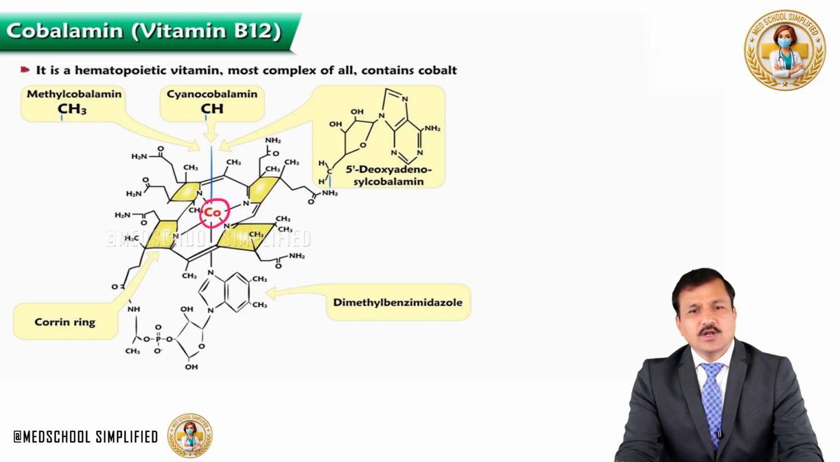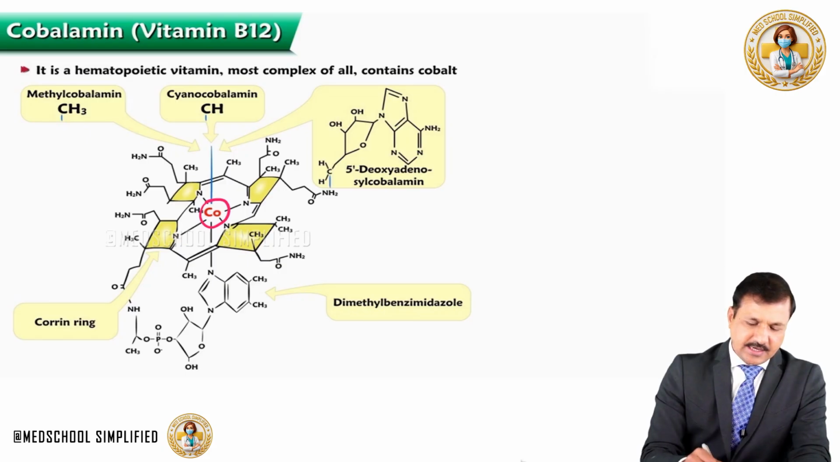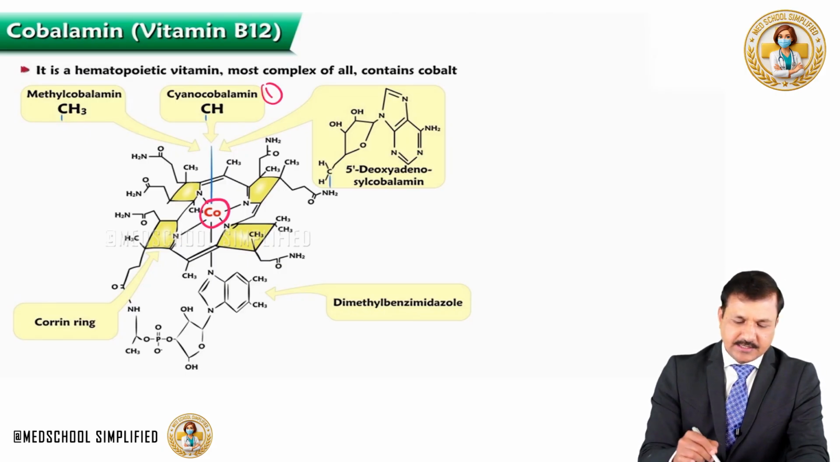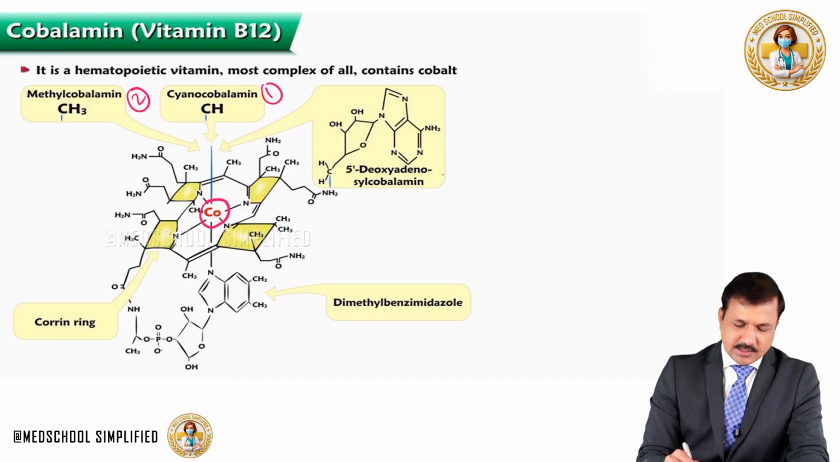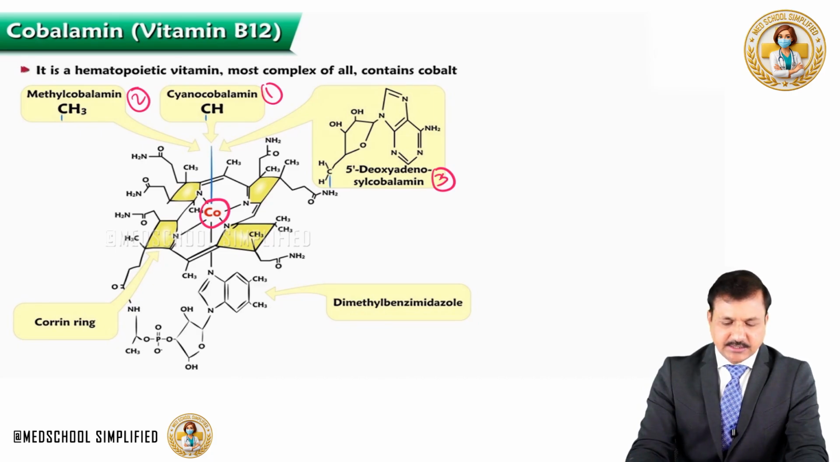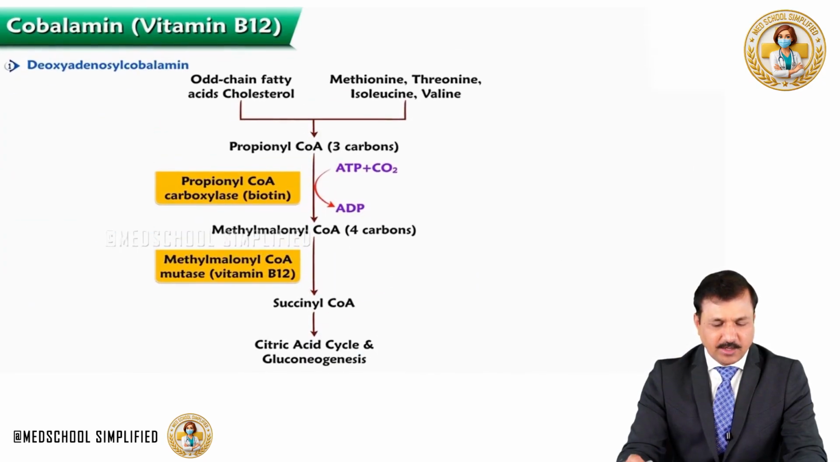Now, there are four forms of vitamin B12. One is cyanocobalamin, other is methylcobalamin, third is deoxyadenosylcobalamin, and the fourth is hydroxycobalamin. So, these are the four forms of cobalamin and they have their own functions in our body. First, let's look at